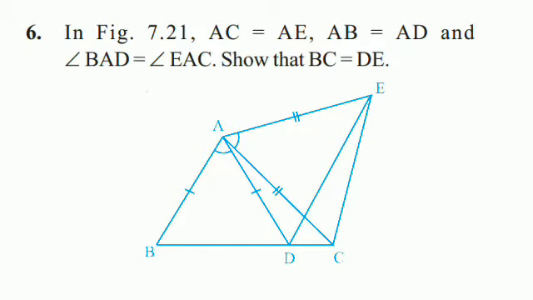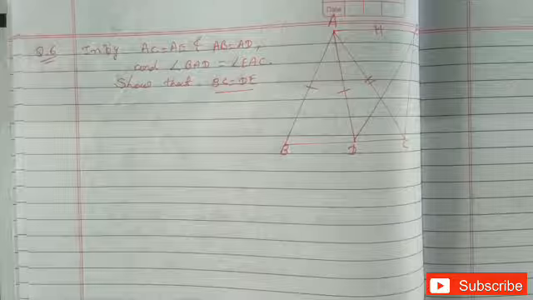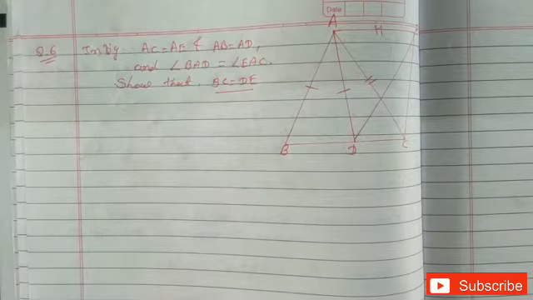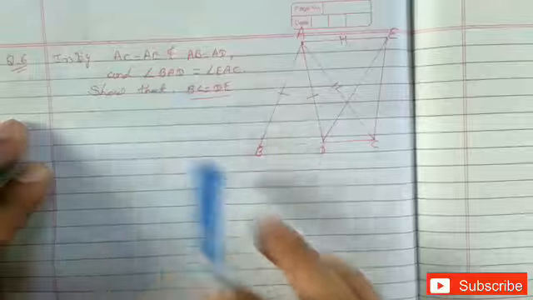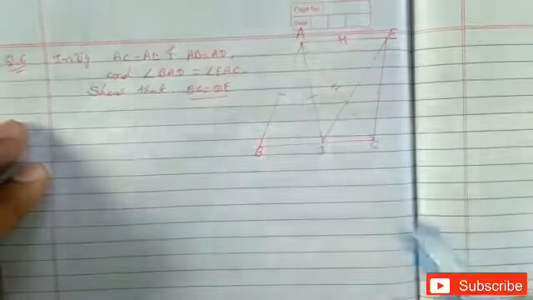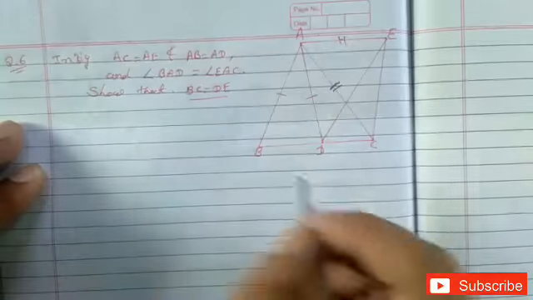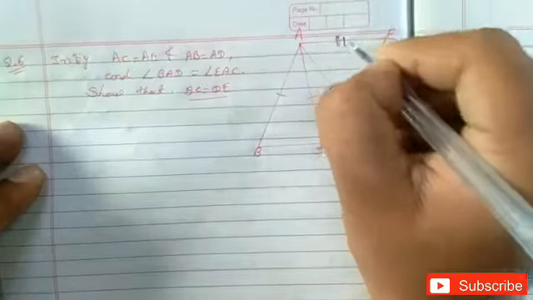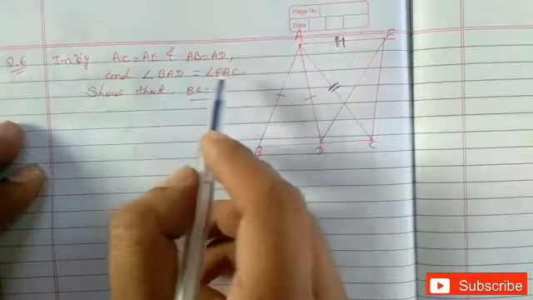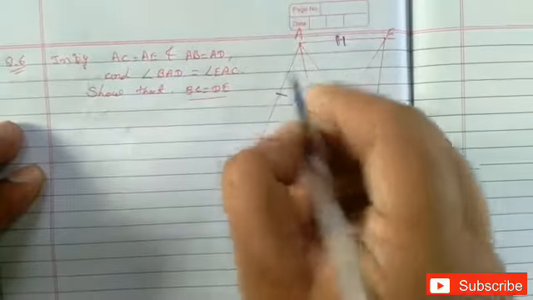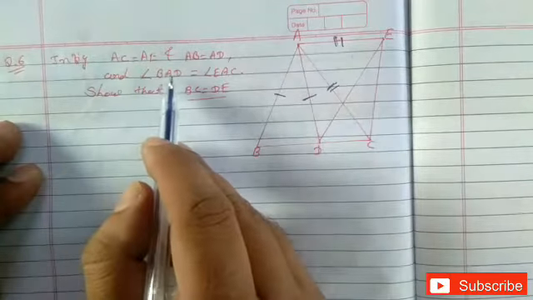Today in this video we will learn class 9 exercise number 7.1 question number 6. In this question we have, in the given figure, AC and AE. AC, okay, this one. AC and AE both are equal, and AB, this one, is equal to AD, this one, and angle of BAD,